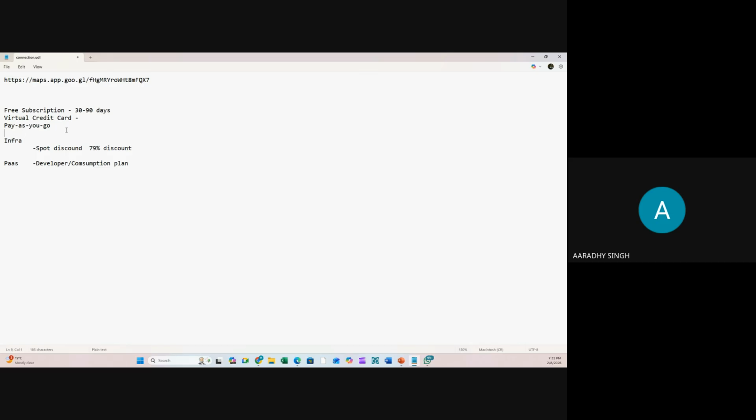And these two options you can use whenever you're using a pay-as-you-go subscription. Otherwise, here, whatever you want, you can enjoy up to 90 days. Here also, you can enjoy up to 30 days. So guys, I'm using a free subscription since the last 12 years. I tell you one thing again, repeating, I'm using a free subscription since the last 12 years. If I'm using it, then you can also use it.